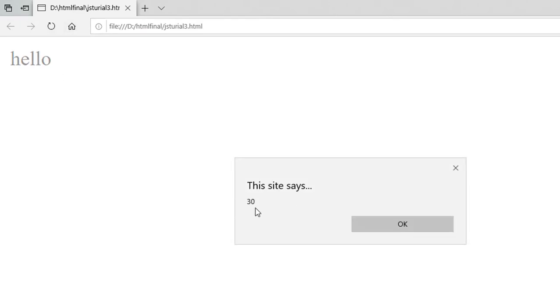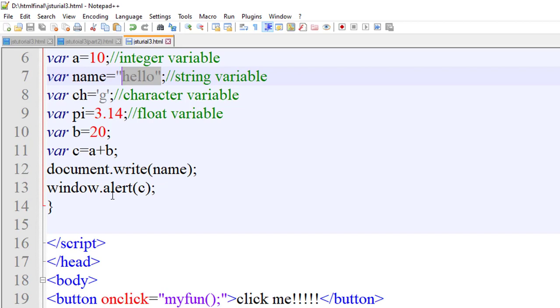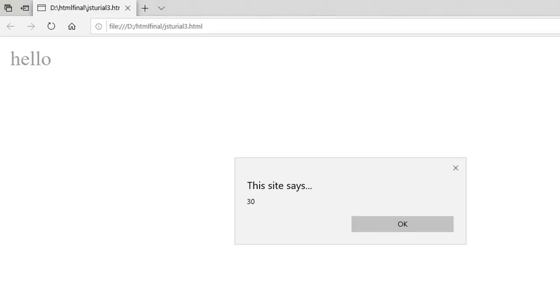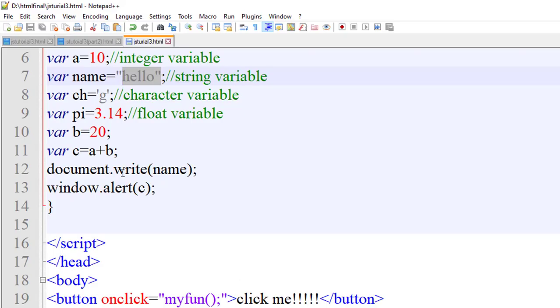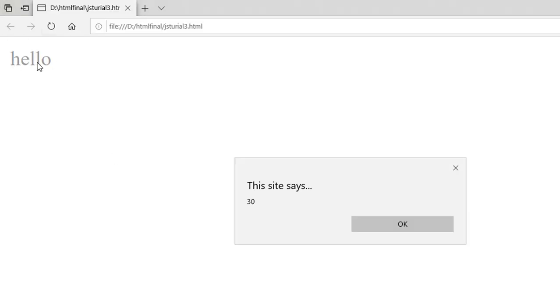Click me. The 30 is appearing because we wrote in the alert box the value of c. The value of c is appearing as 30. Okay, and in the name variable the hello string is stored. That's why on the web page hello is appearing and in the alert box the value of c is appearing.